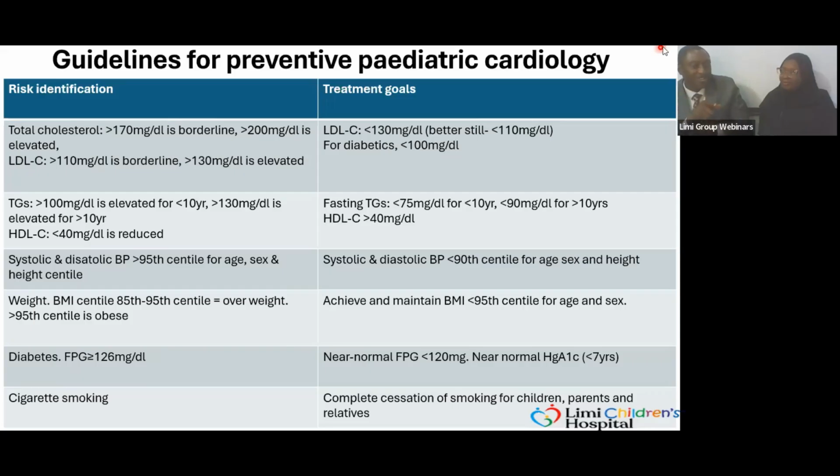I jumped straight to cigarette smoking. I said our target is complete cessation of smoking for the children, for their parents that may serve as a bad influence in the smoking, and then for relatives who may influence them. And I dare say also for even their peers, their mates, because peer pressure is a whole lot of problems, right? So cholesterol is elevated or borderline based on the values we can see on the screen, and the target